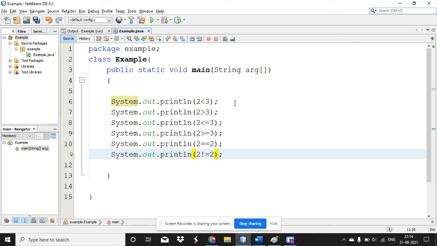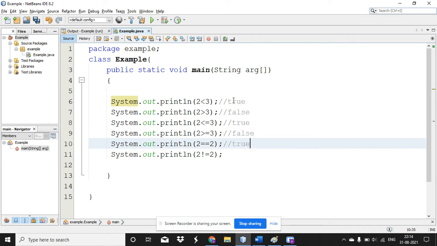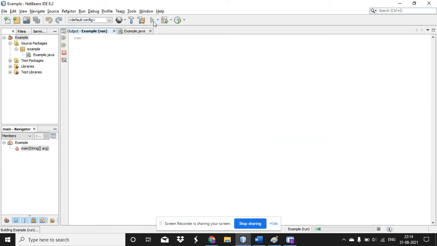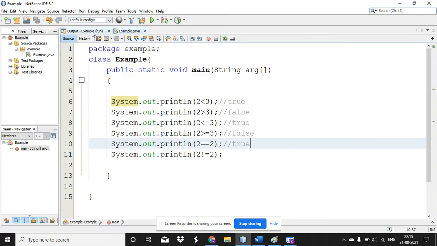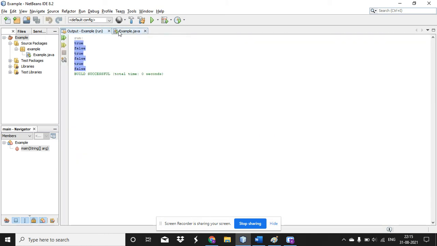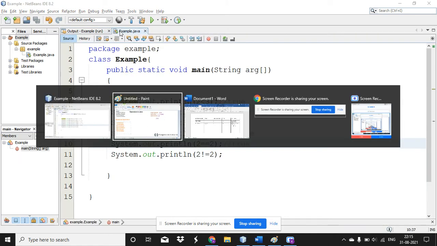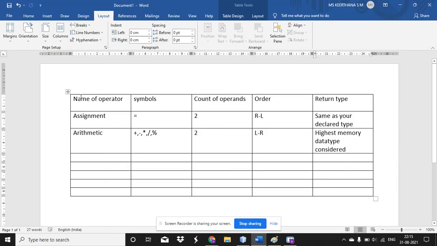Yes. Okay. The order will be, first one is true, next is false, next is true, next is false, true, and false, right? So if I execute, yes, look at the output, you are getting the same order. True, false, true, false, true, and false. Yes, this is what your relational operator means.